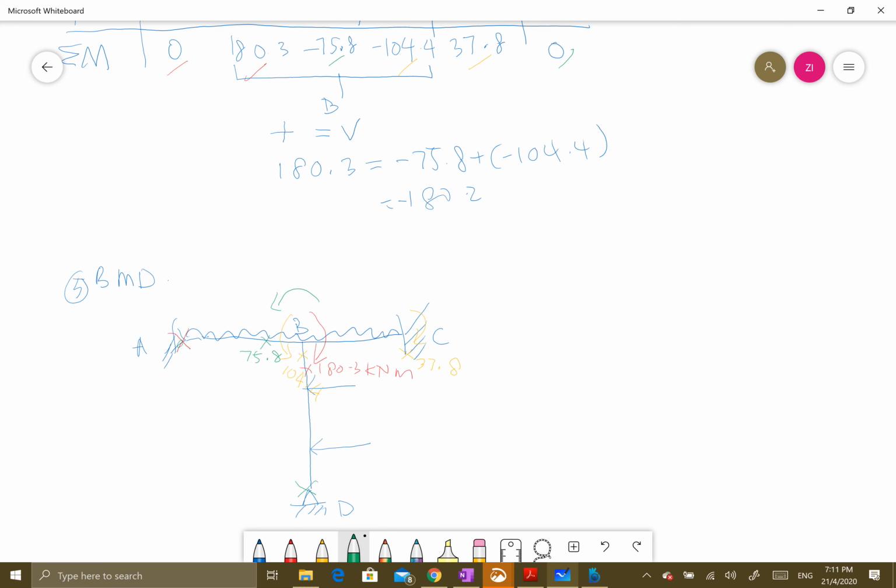So this is 0 starting here. Oh, sorry, this is red. So this is 0 starting here and it ends here, right? For AB. So this is UDL, so basically it becomes a curve. Okay, and here starts here and ends here, also UDL, so it becomes a curve. Okay, and lastly for this, you have a point load, so it should be something like this, ends at 0.